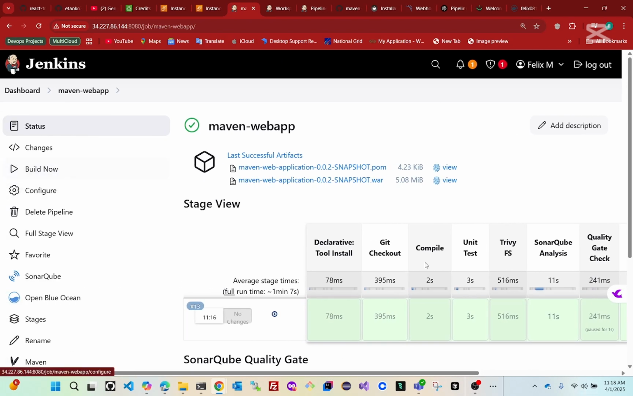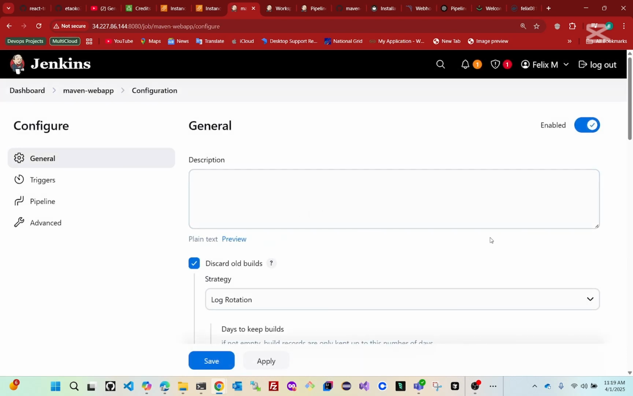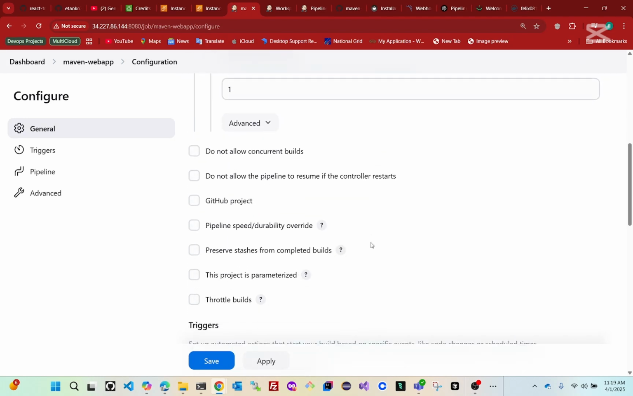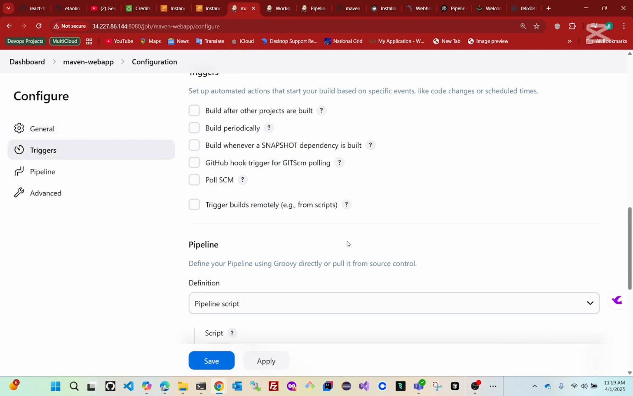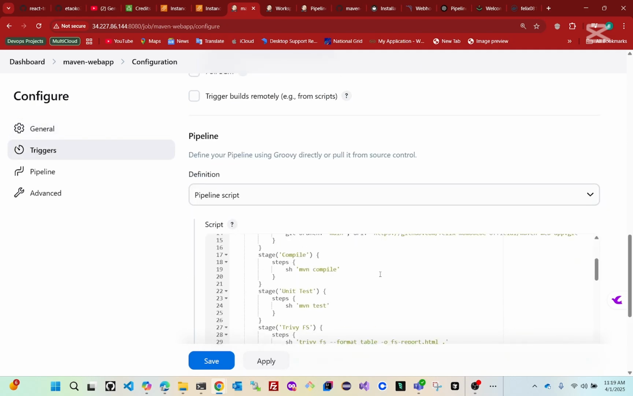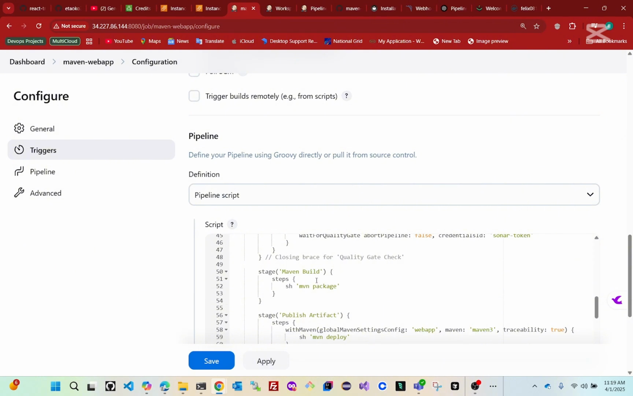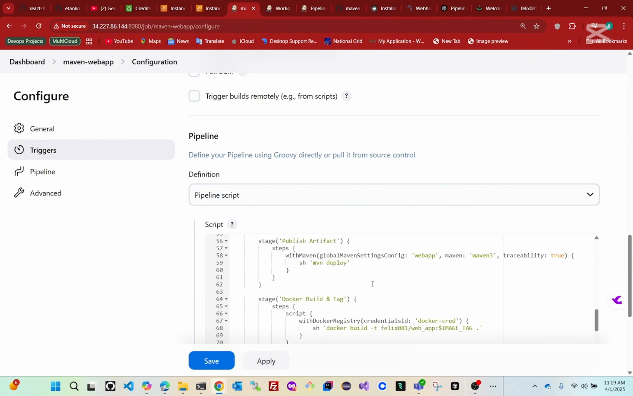But now, let us go back. This has completed our CI pipeline, but two important things are missing. Number one, let's go back to configure. In the real sense, in production, it is not advisable, it's not best practice,